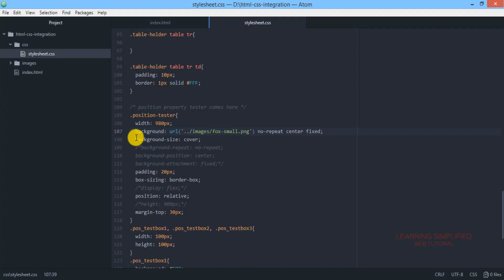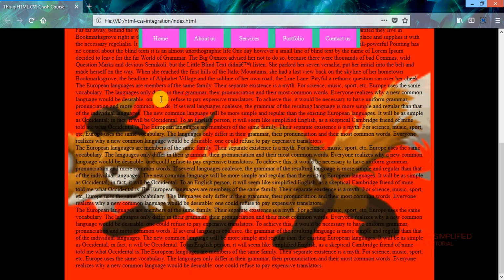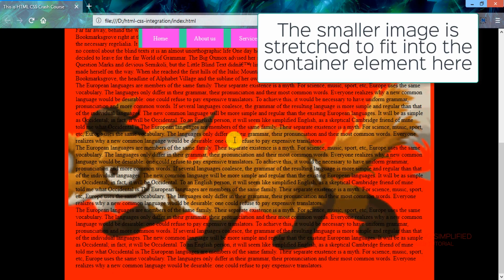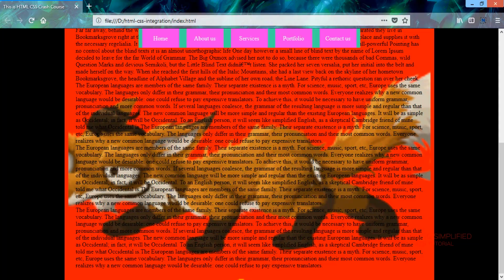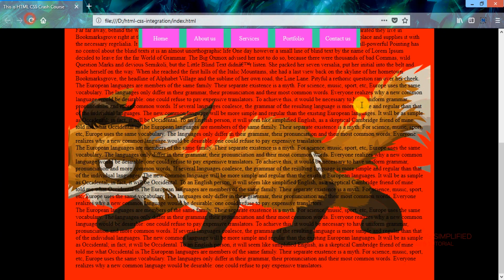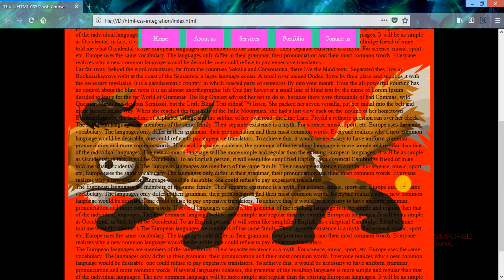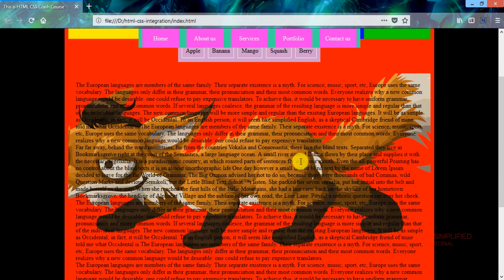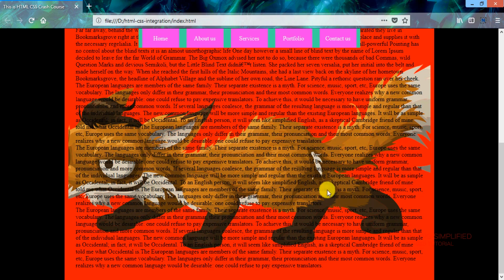So this is the exact purpose served under this condition, that means background-size cover. Here we are instructing our browser to cover the whole element with the particular image that we are using, and that is exactly what is being done. You can see that it is stretched in size, and that is why it is getting a little bit blurry. So I guess we'll switch back to foxbig to make it a bit better, and there it goes. We can see that this is the actual big image being used, and it is covering this entire area.